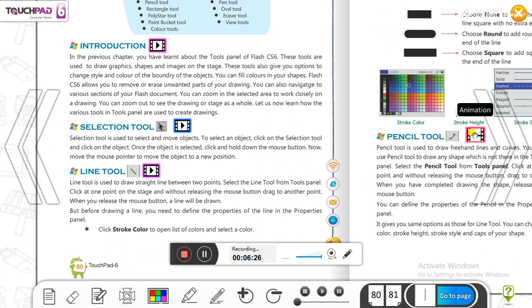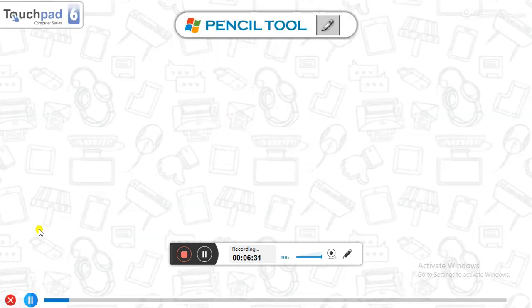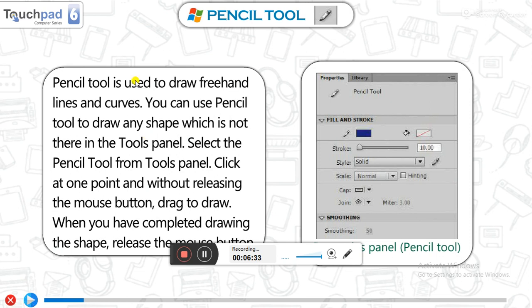Next, the pencil tool. The pencil tool is used to draw freehand lines and curves. You can use the pencil tool to draw any shape which is not in the tool panel, because the pencil tool is used for freehand drawing. In freehand drawing, you do not need any kind of restriction.